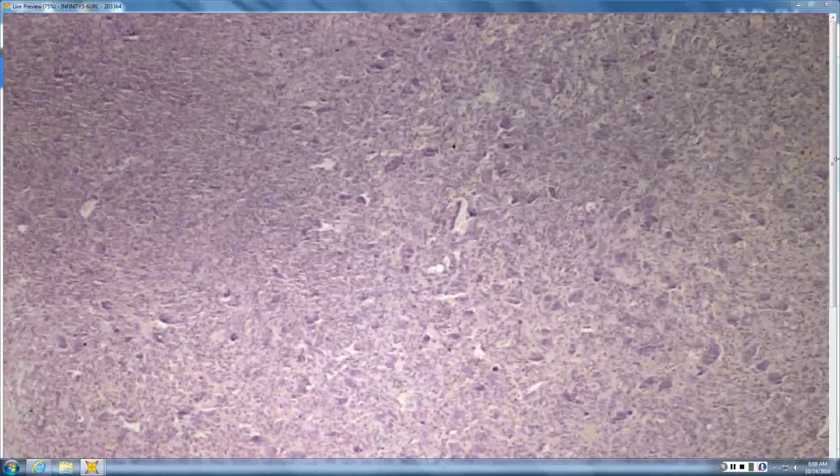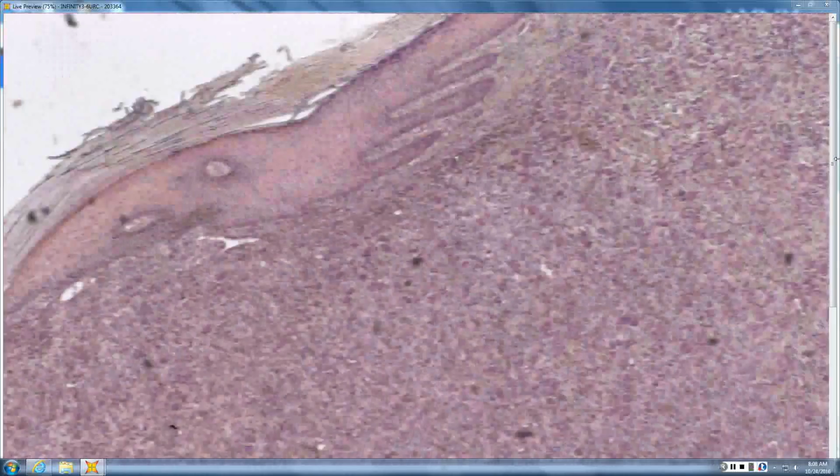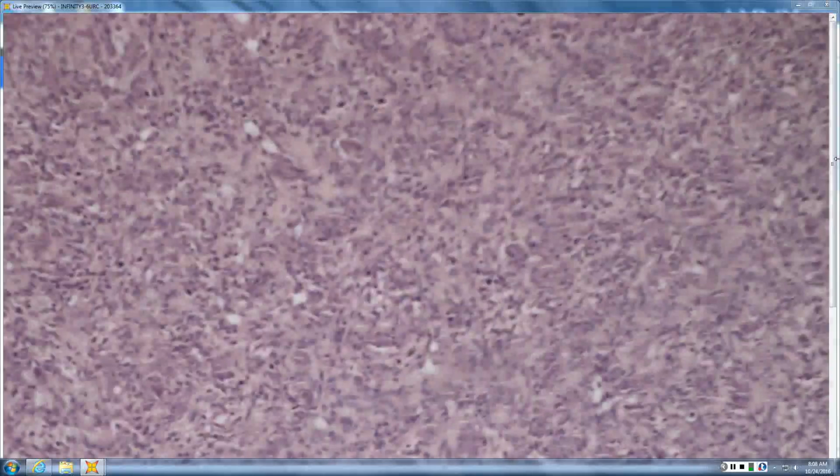Xanthogranuloma. So you might think of a xanthogranuloma. In a xanthogranuloma, you have granulomas and you get multinucleate giant cells. And where do those giant cells tend to form in the granuloma? Looks like they're more at the outer. Yeah, at the periphery is where they tend to be, and they lipidize. In this case, it looks a little different. I don't see Touton giant cells so much. I see a lot of hemosiderosis, and